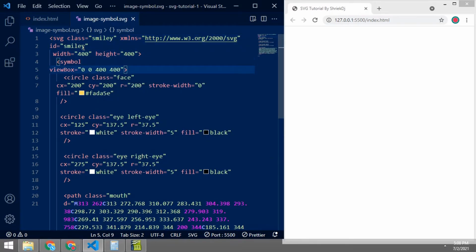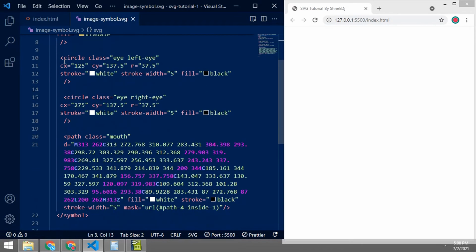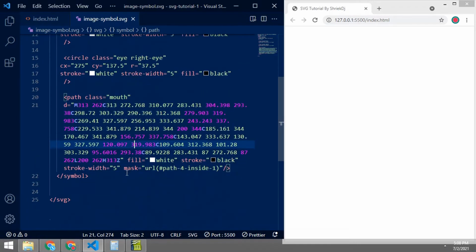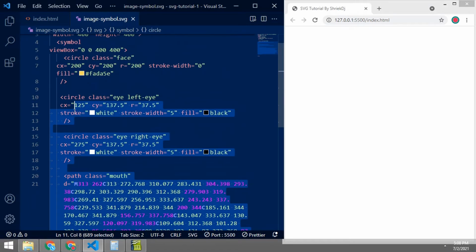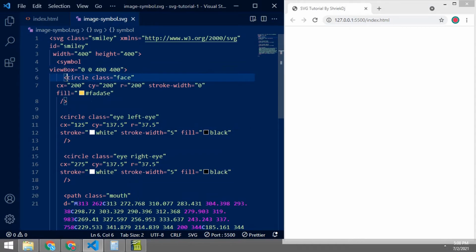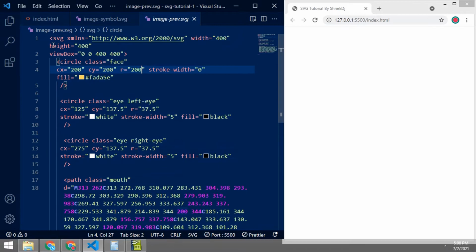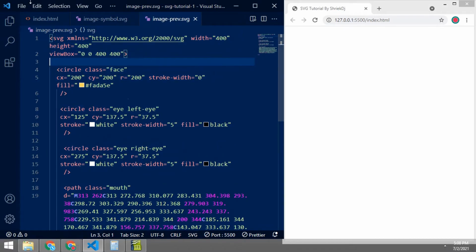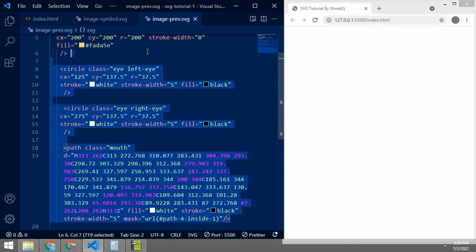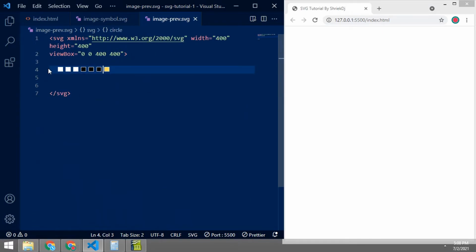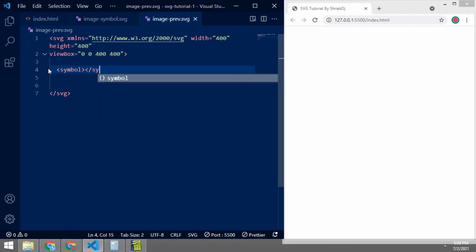Okay, added the smiley. Here you can see there is a new tag, which is the symbol tag. See, in the previous version there is no symbol tag. If you want to create a symbol tag, we are just gonna delete all the inner content into symbol, but before that copy it.